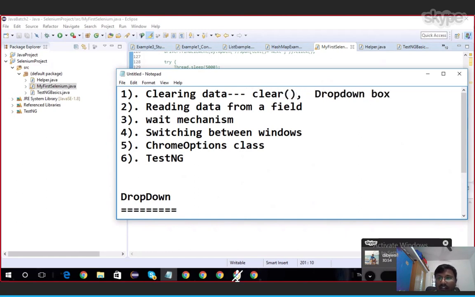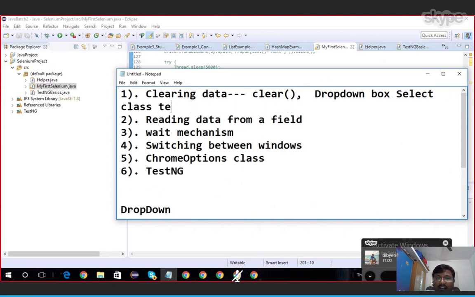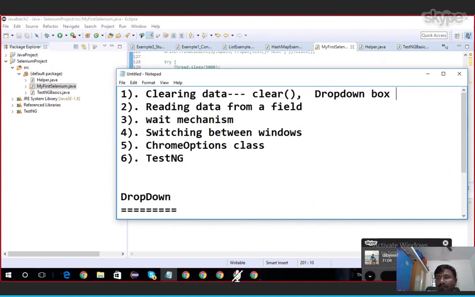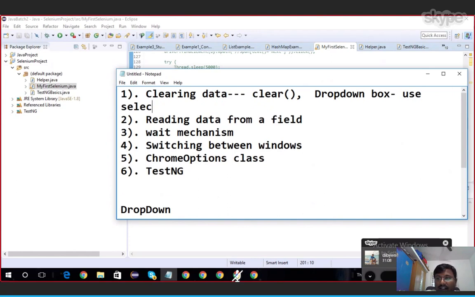For a drop down box, we use the Select class and its different methods. For reading data from a field, we use getText.